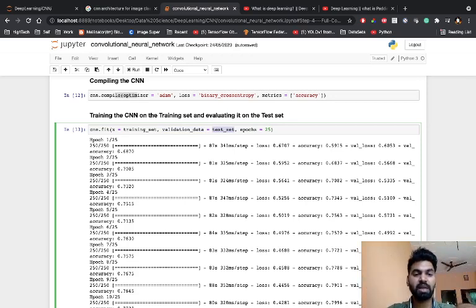So the next parameter is the validation data, and epochs equal to 25. Guys, initially I took around 50, then I reduced it to 35, and now it's 25. I noticed a significant difference, and 25 was the optimal, so I took 25. You can use this and directly compile.